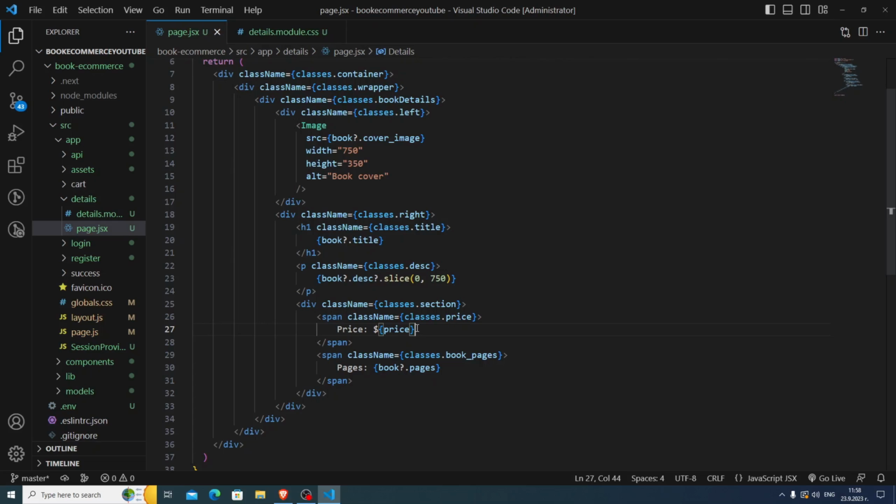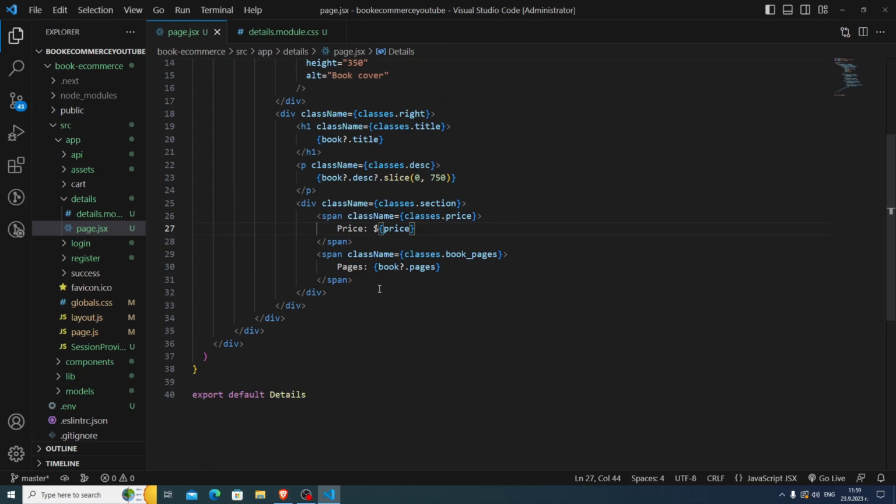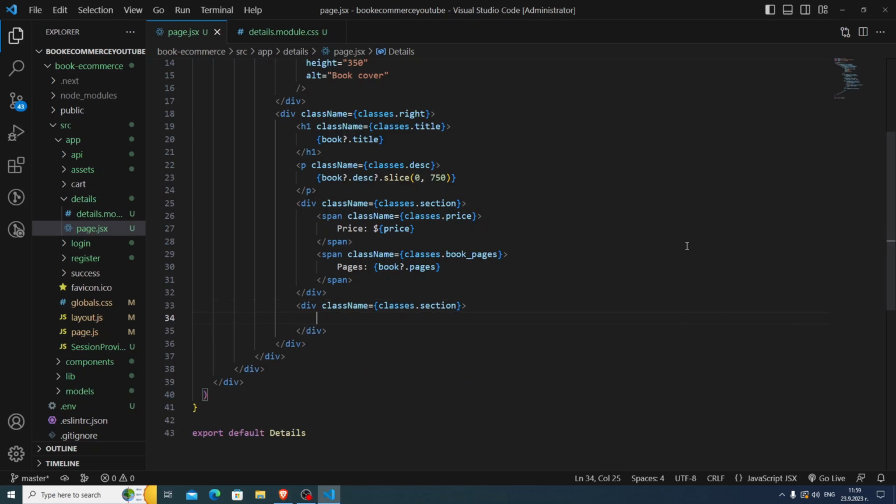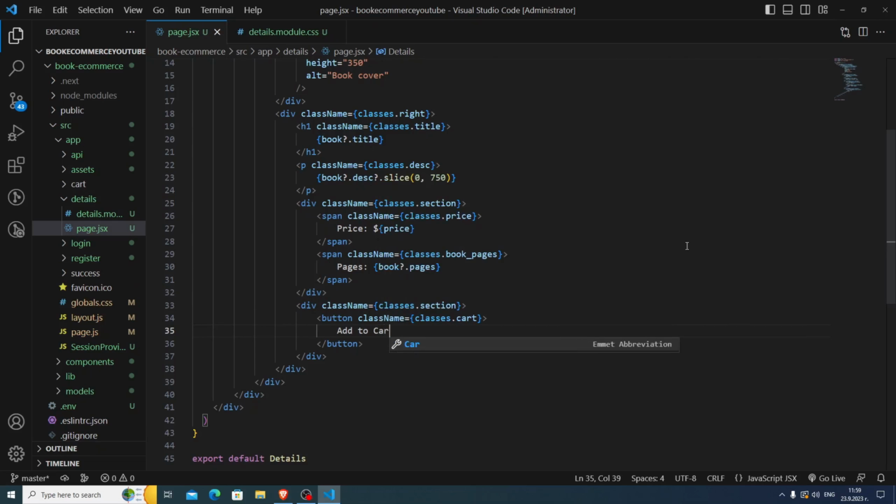We're going to construct it ourselves because it doesn't come from the API that we're fetching the books from. You are going to see later how I'm going to create it. It's going to be by the pages, so by the amount of pages there's going to be a certain price. It's going to be $5 per 100 pages. That's what I'm going to do. Okay, so below I'm going to have classes.section, and here a button with classes.cart, and inside I'm going to have add to cart,